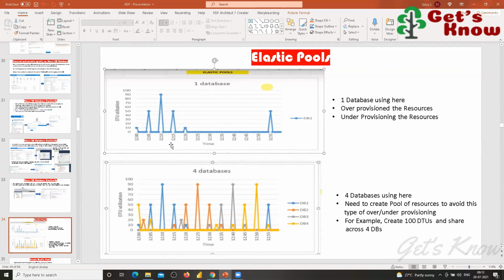But see, I paid for 100 DTU. I used 90 only once, and something like 15 two or three times. But most of the time it was idle.